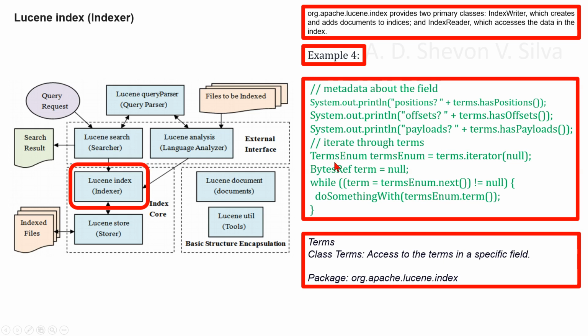Here the TermsEnum is iterated to seek or step through terms to obtain frequency information for the current term. Here the iterator returns an iterator that will step through all terms here. Here in the next